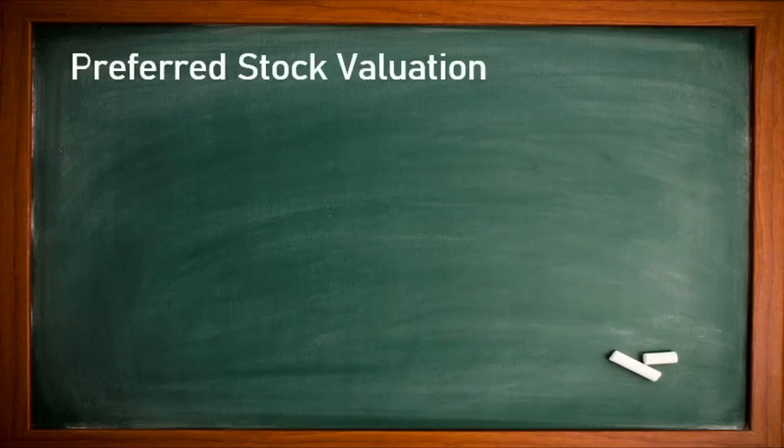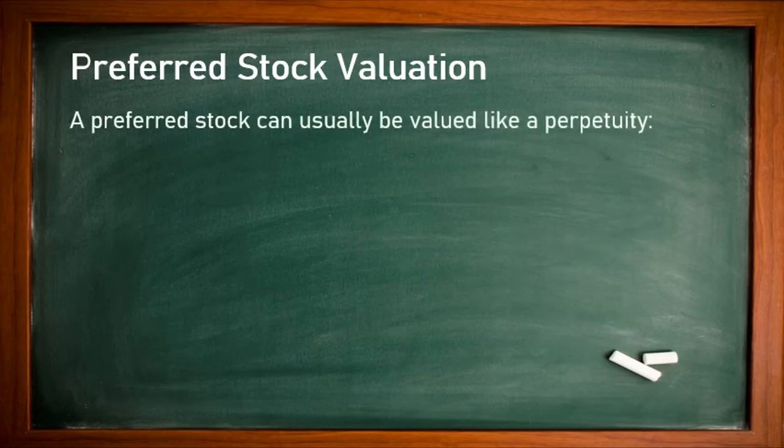In continuation, we go to a formula to understand how to calculate. First, we have to understand that a preferred stock can usually be valued like a perpetuity. It means an indefinite life. Once you have invested, if it is not mentioned how long, your investment lasts for the company's life and you will get dividends until the life of the company, meaning infinite time.